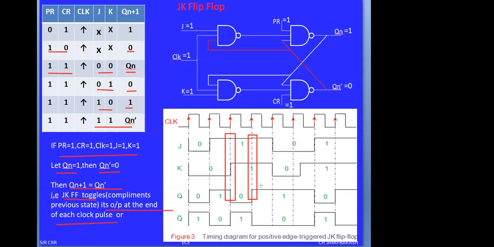Okay. This is the JK flip-flop. In JK flip-flop, we have a disadvantage. The disadvantage is called race around condition. That is eliminated by using master slave JK flip-flop. Once we complete the remaining two flip-flops, we'll go for the race around condition. Then you will get an idea.